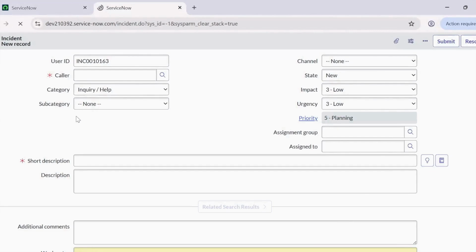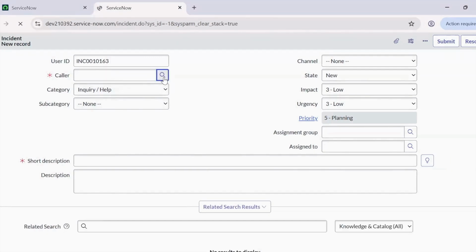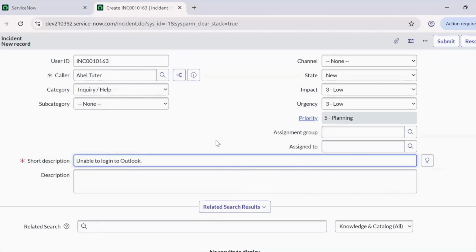A user is unable to log into Outlook. The user reports the issue to the IT support team and an incident ticket is created in ServiceNow. In the first step, the incident is created with details like caller name as Abel Tutor, short description as unable to log into Outlook, description as user unable to access Outlook,